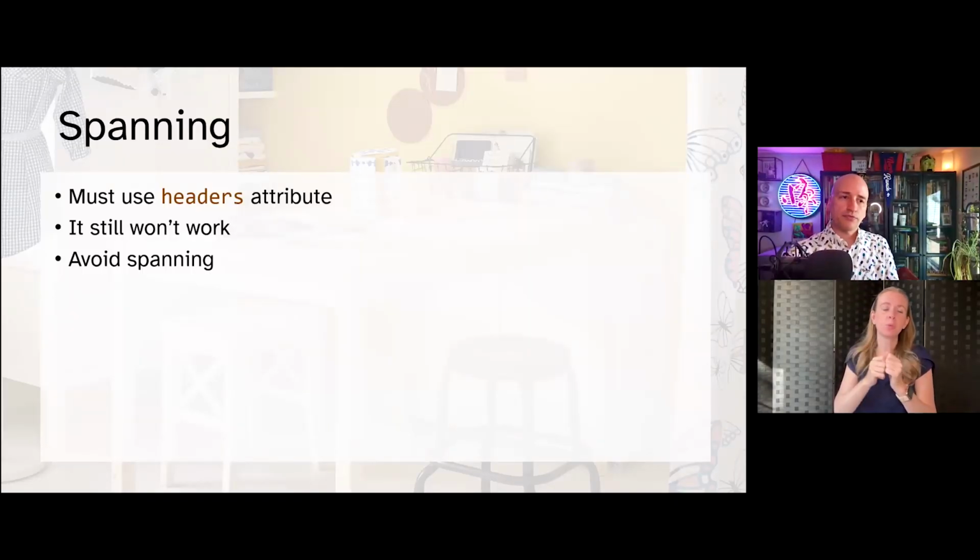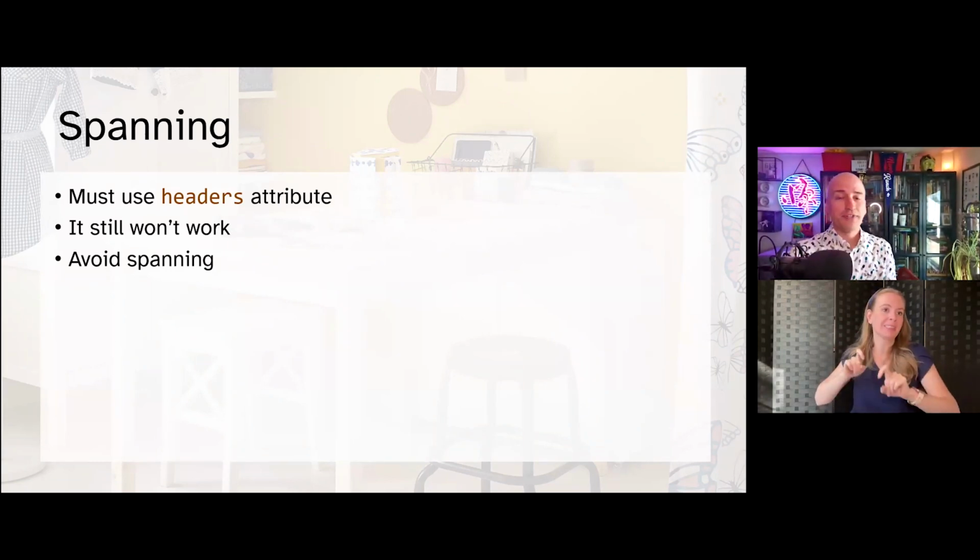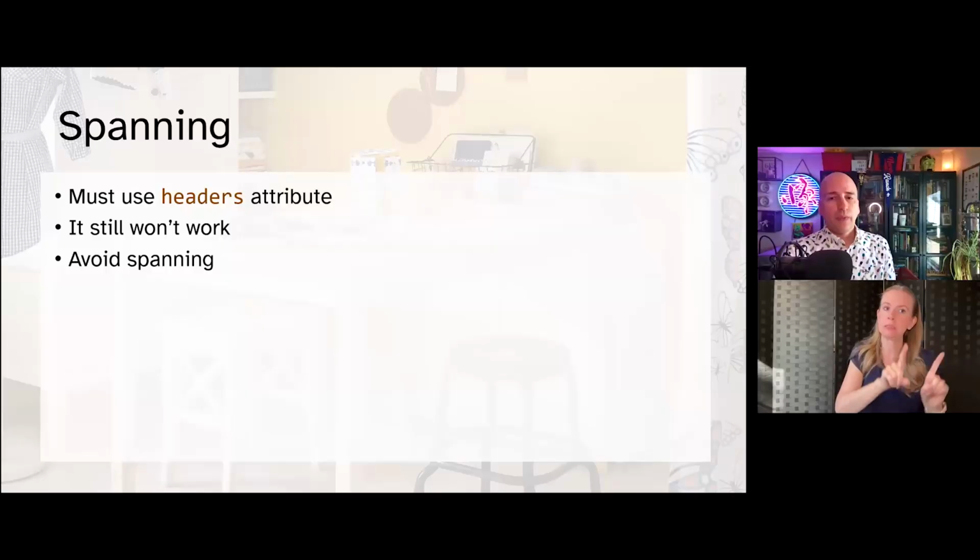Sadly, tables with spanning cells don't work out in real life, or IRL, as the kids say. The headers attribute is largely ignored. Adding thead, tbody, tfoot, and colgroup have no impact in my testing, but you should always test on your own. Sort of a recurring theme here. Adding colgroup and rowgroup values to the scope attribute has no effect either.